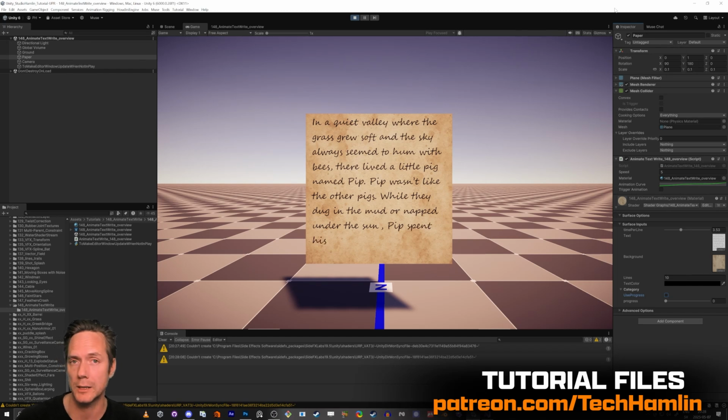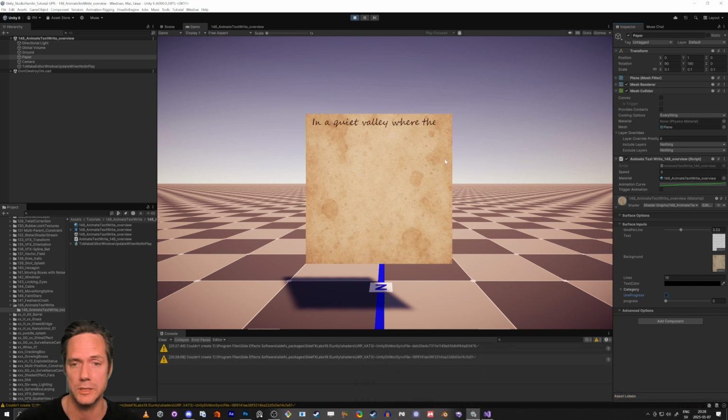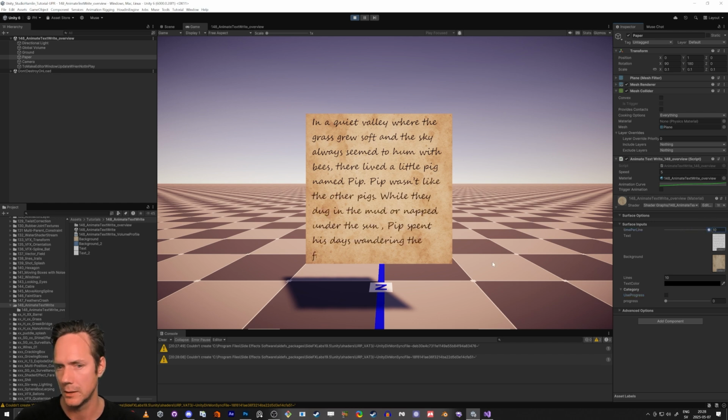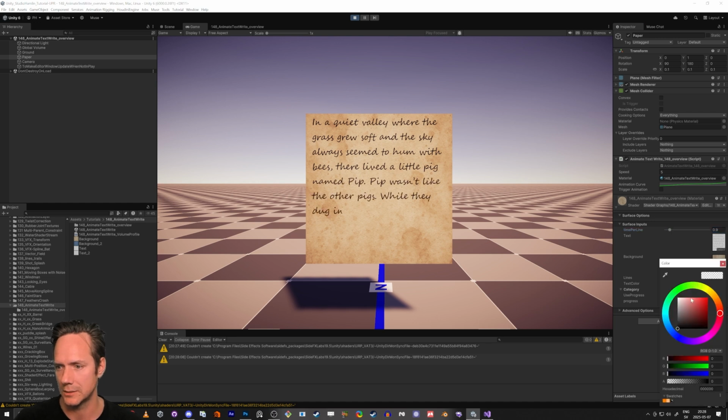Hello everybody and welcome to this tutorial, and in this one we're going to make a shader that animates text for you like this. So it's going to be two textures and you can just update with another texture. Let's say if you want to have another one you can do that, and you can change the speed. Here you have the time per line is almost 4 seconds per line, but you can do maybe 10 seconds or only one, and then you can change the text color if you want something else, and